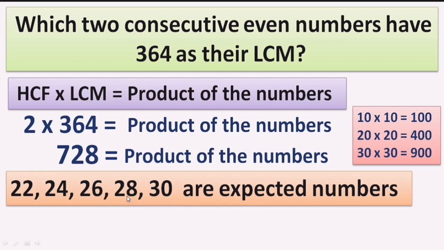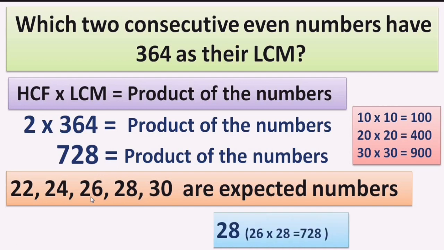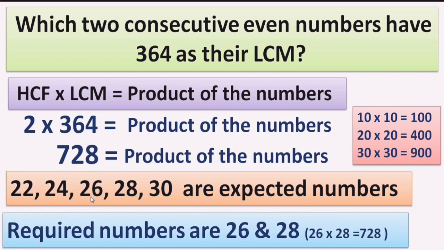Now check the next number, 28 and 26. When I multiply 6 into 8, will I get 8 or not? Yes, I definitely get 8, because 6 8s are 48. That means 8 can be located in the units place of 728 also. Okay, and the moment you multiply 28 and 26, I'm damn sure that you will get 728, and these are the expected numbers from the list